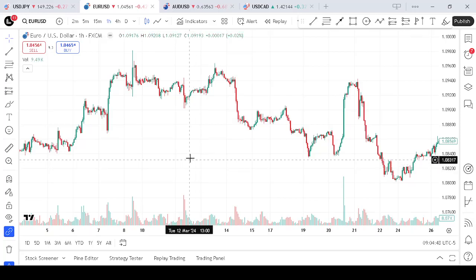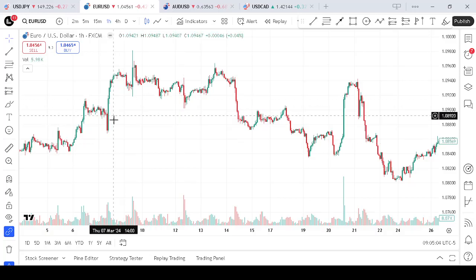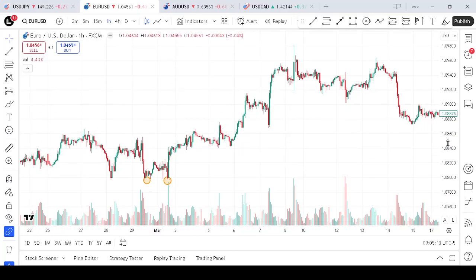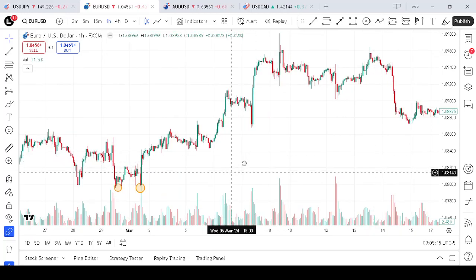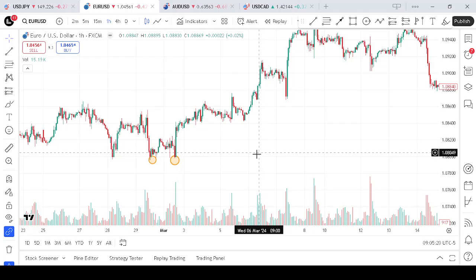So let's get started. Understanding the W and M pattern. To become proficient in forex trading, it is crucial to understand the W and M pattern, which are fundamental tools in technical analysis. This pattern helps to identify the potential reversals in the market, offering opportunities for strategic trades. The W pattern, also known as the double bottom,